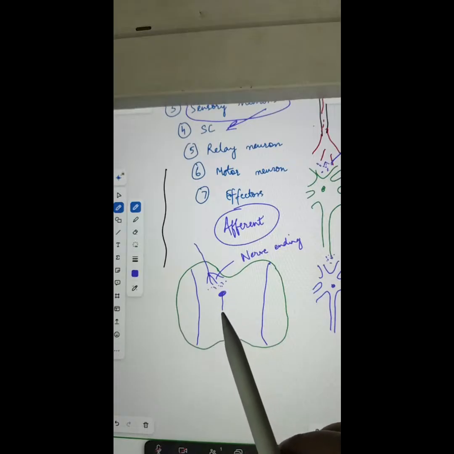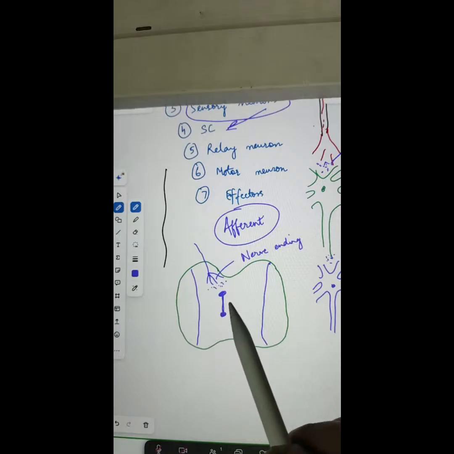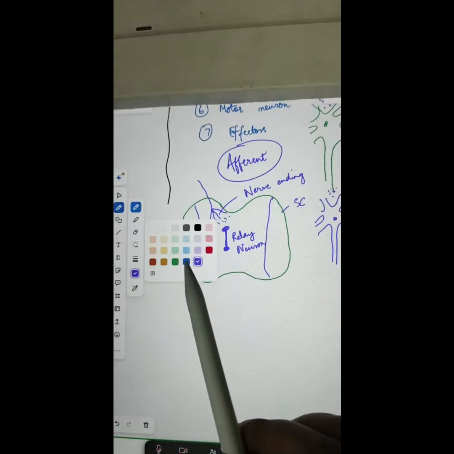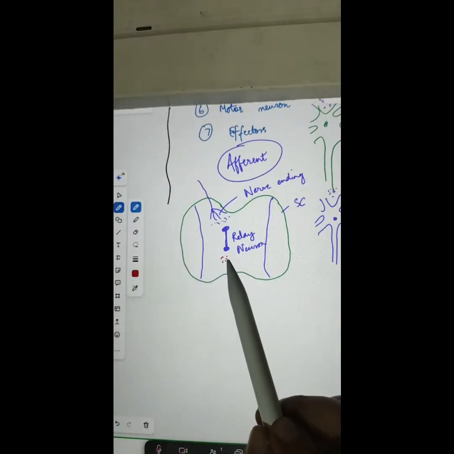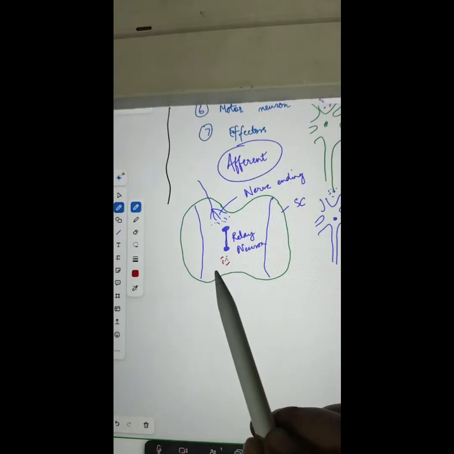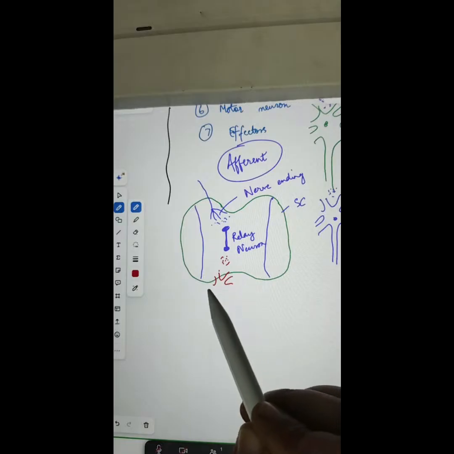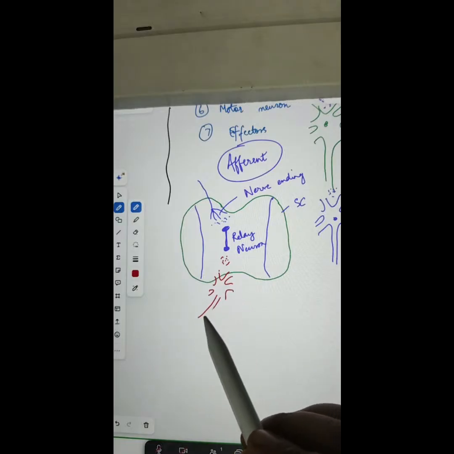Now here, the information will be perceived by a neuron, and this neuron is known as the relay neuron. So this green part is the spinal cord. Inside the spinal cord, we have relay neurons. Relay neurons will be collecting the information from the sensory neurons. And once the information is processed, the processed information will reach here, and it will again travel with the help of another neuron which is known as the motor neuron. So again I have made one neuron like this,